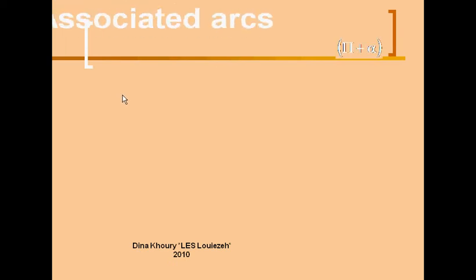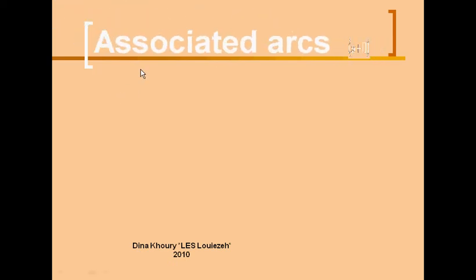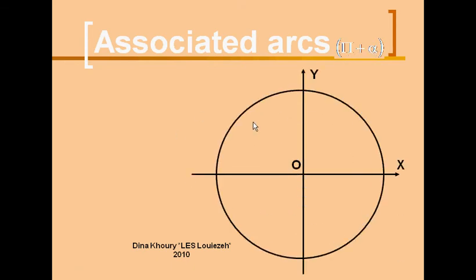We want to associate between the trigonometric functions of angle alpha and the trigonometric functions of angle pi plus alpha. So we construct the trigonometric circle with center O and the cosine axis and the sine axis. Then we go counterclockwise, which is the positive sense, and construct alpha. Then in order for us to construct pi plus alpha, we go counterclockwise from the cosine axis, pi degrees, and